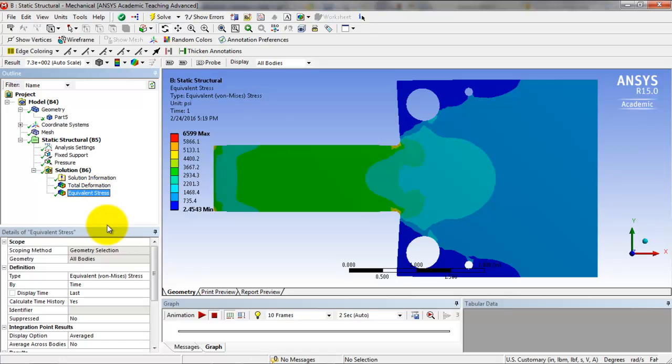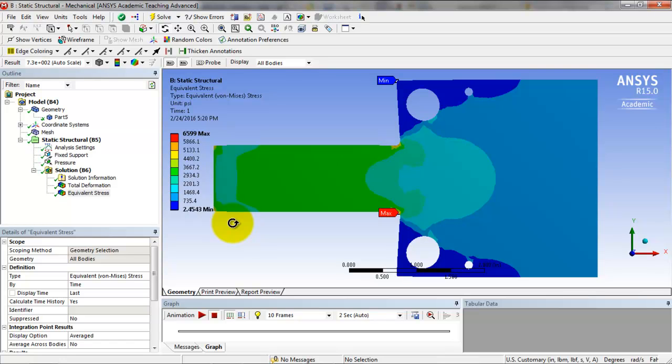Equivalent stress, we click on that, and we can see the equivalent stresses that are showing up here. So we get up to a maximum of 6,600 psi, and probably happening right in there. If we want to see where that max stress is, we can come up right here. Nice little quick way of pointing out the max stress. So it's finding it here on the bottoms. That's probably symmetrical, it's right up in there too. All right, and we can look at the minimum stress being there at the corner, not affected much by the